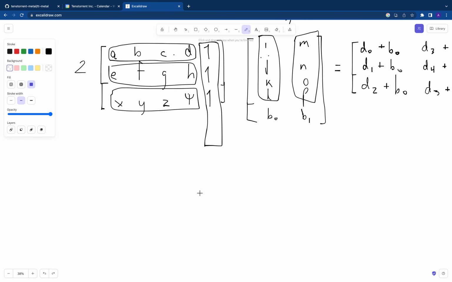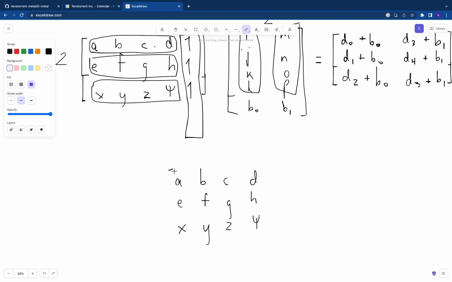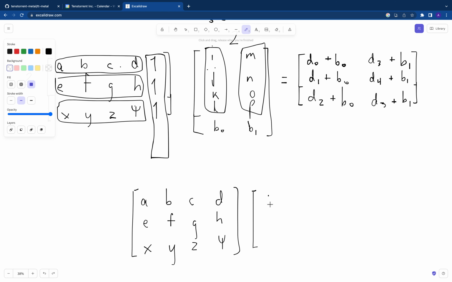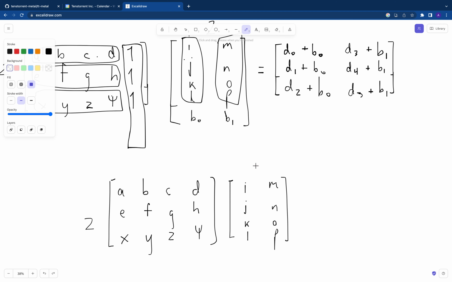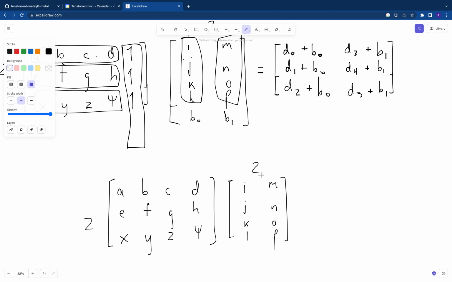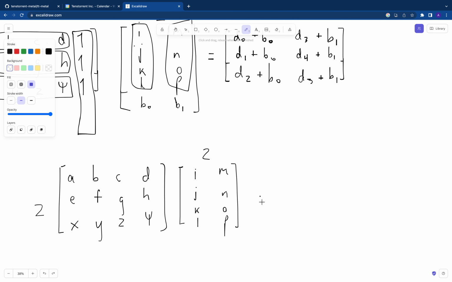So I'm going to rewrite this as A, B, C, D, E, F, G, H, X, Y, Z, and a Greek variable, and once again, matrix multiplied with I, J, K, L, M, N, O, P. And now I'm going to do something that looks weird. So this is a 2 by 4 by 4 by 2, so I get a 2 by 2 matrix as the output of this. But now I'm going to add, under a very particular definition of add,